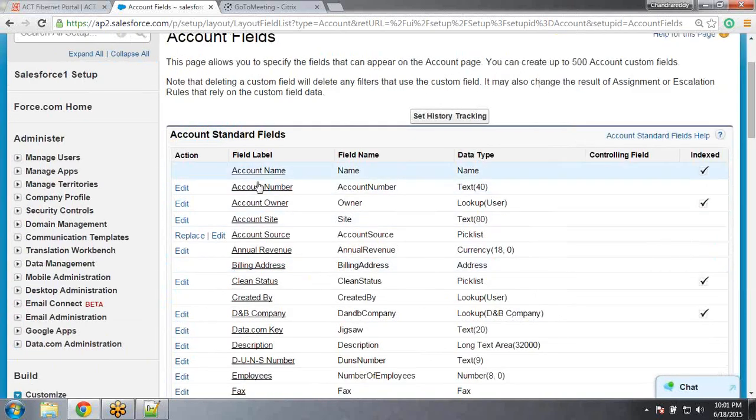So now here we have account name, account number, account owner, account site, account source, annual revenue, billing address, clean status, created by, DNB company, data.com key, description, like that so many fields are available. So now here, when you go to the down part,